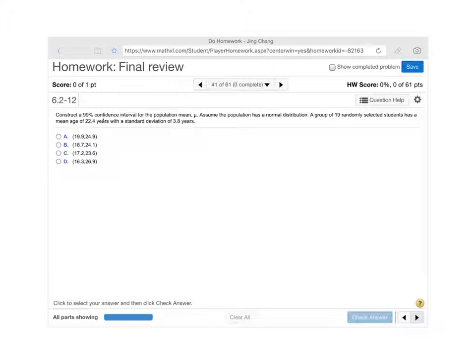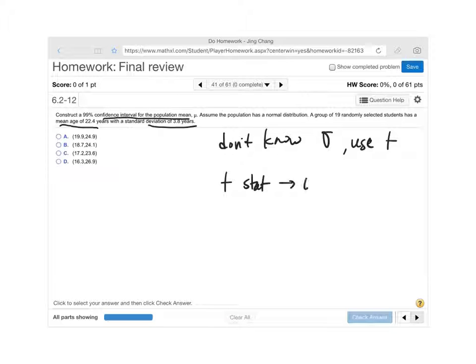Okay, this one is to construct a confidence interval for the mean. Assume the population has a normal distribution, and since we only know the sample standard deviation, which is 3.8, we don't know the population standard deviation, so use t. So it should be t stat, one sample, with summary,